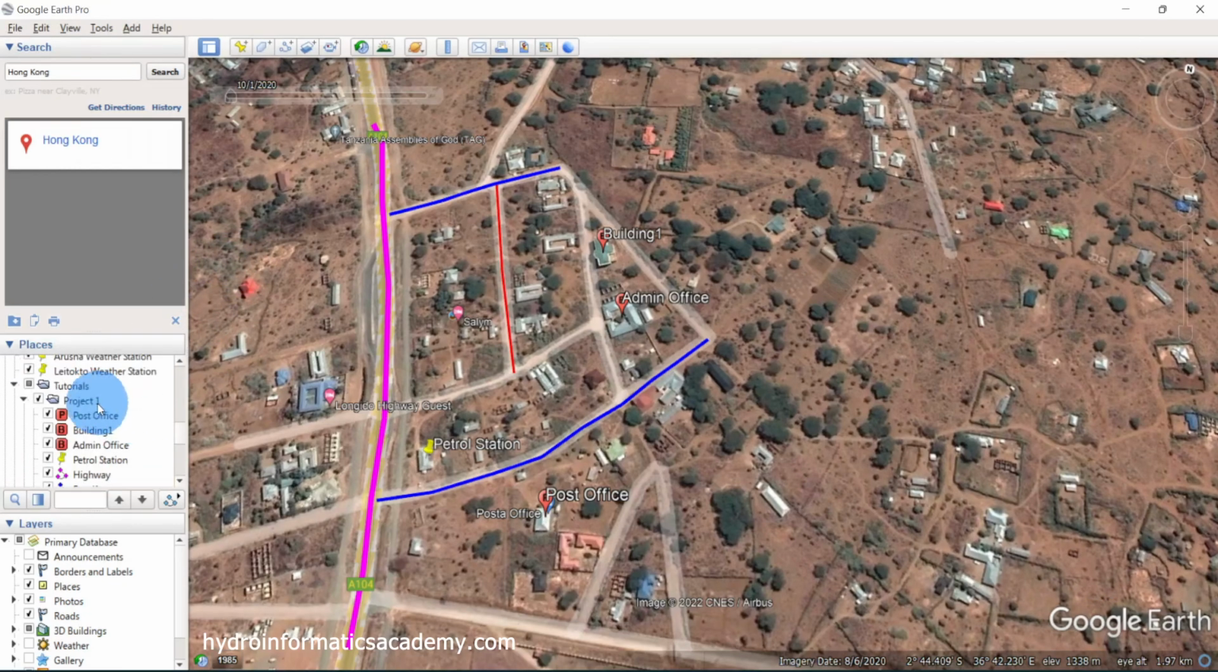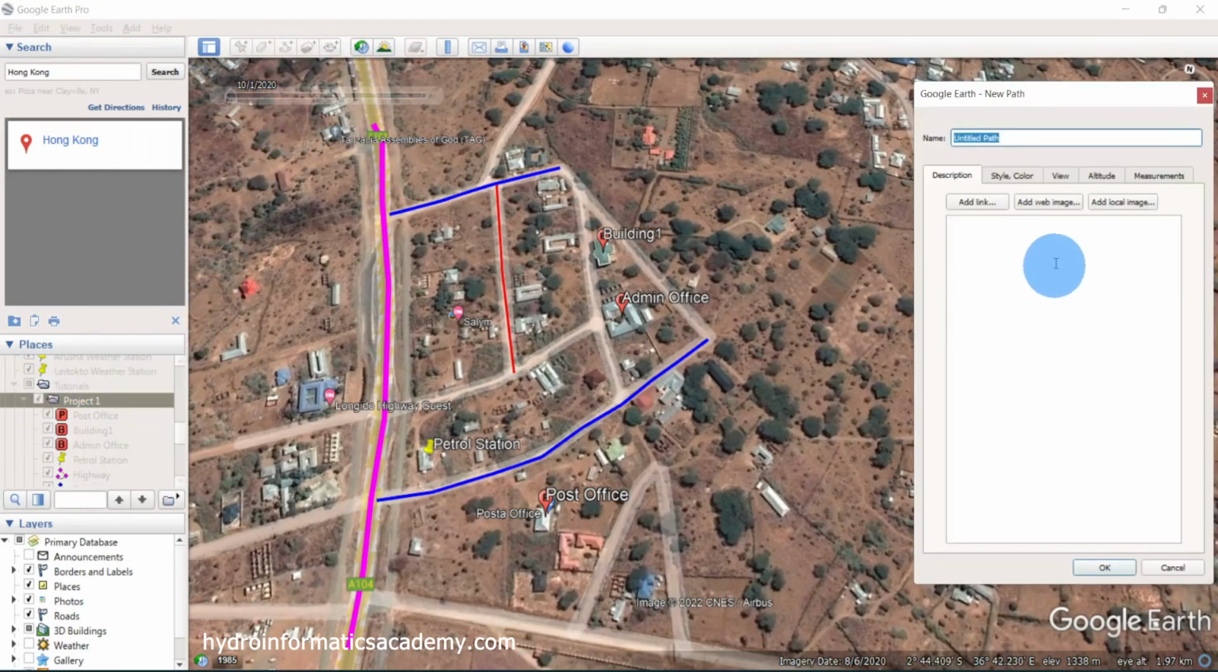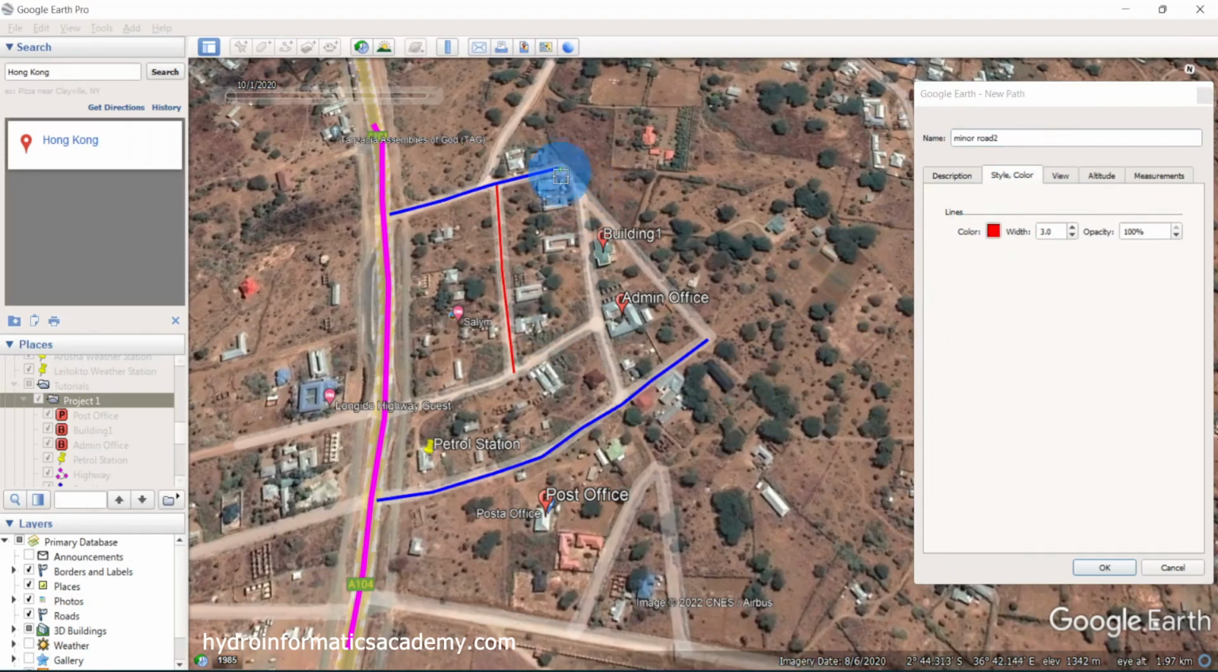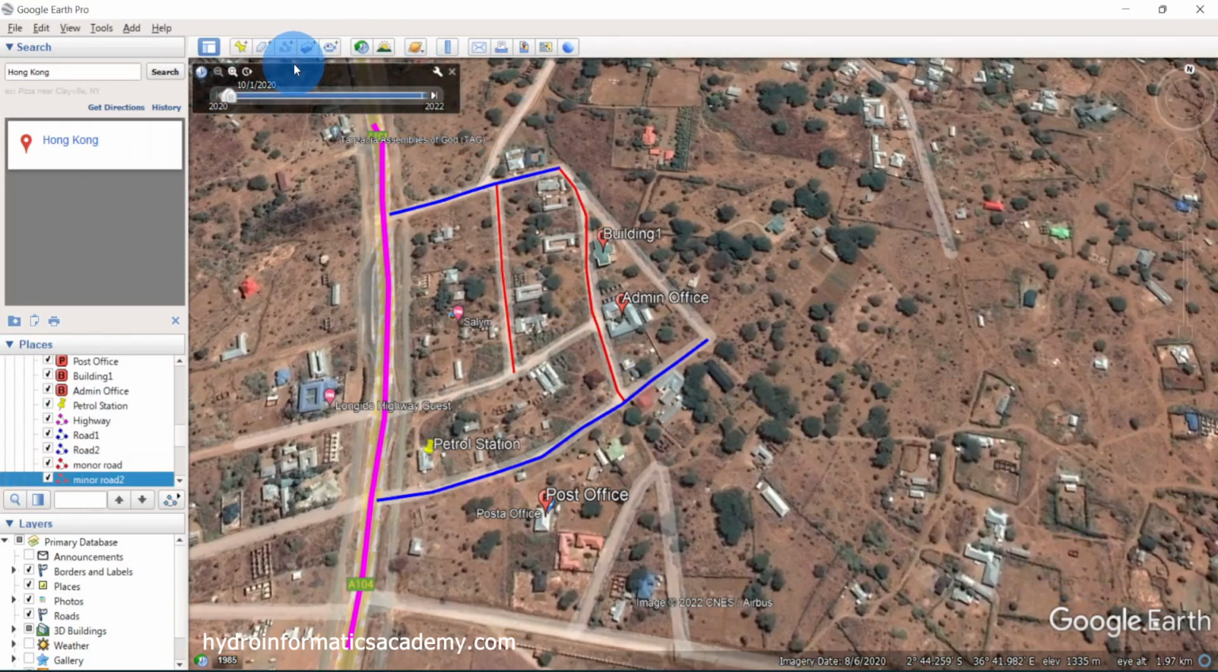So let me select again project 1 and select this one and call it minor road 2, and select the color. Of course, I want to maintain the same color, and from here let me take it up to around this area. Okay, so let me click OK, and also let me add the other one